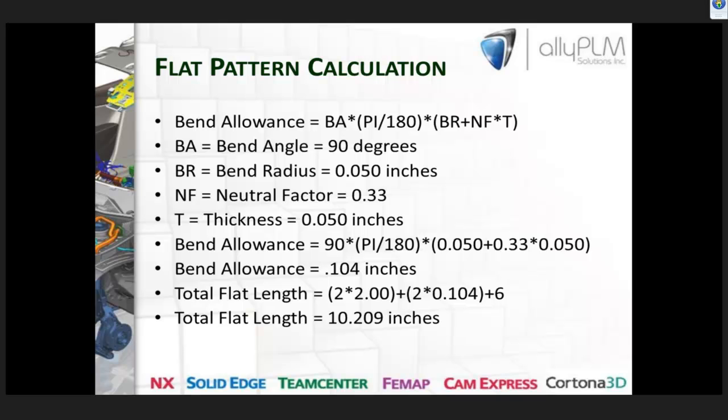Bend allowance is calculated by bend angle, and we have to convert that to radians. I worked through some of this presentation a few years ago, and I had to dig deep to remember radian conversions. So it was pretty funny thinking, okay, pi over 180, 90 degrees, all that stuff. So I can multiply that times the bend radius plus the neutral factor, which is that K value, times